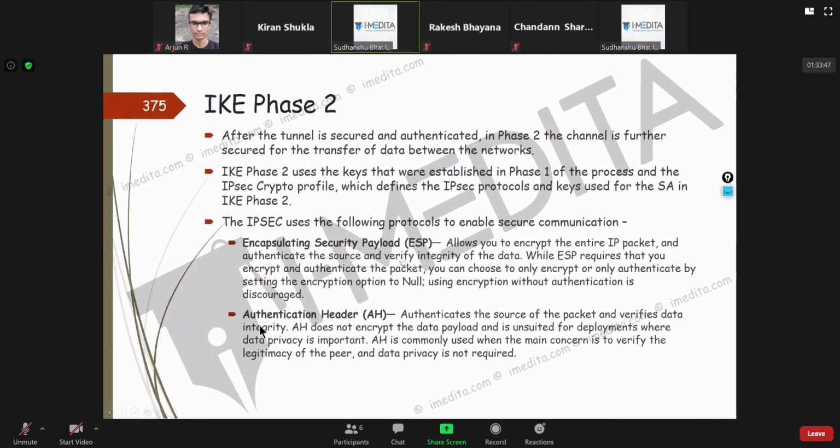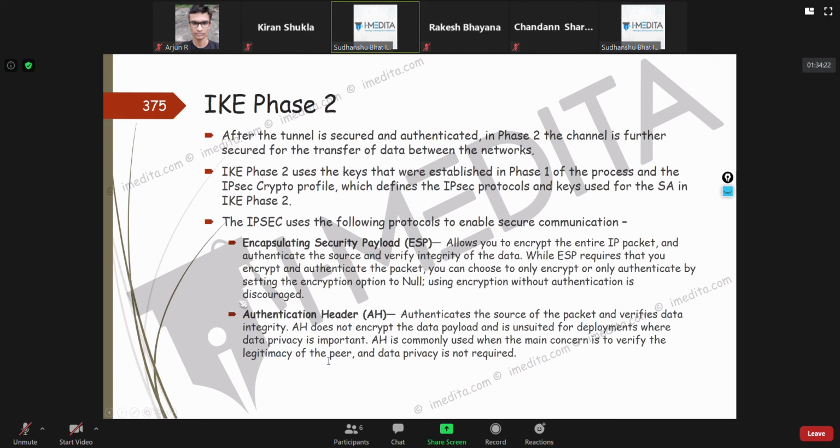ESP encrypts the entire IP packet, meaning the payload and the header, everything. Now the authentication header will authenticate the source of the packet and verify data integrity, but it does not encrypt the data payload. So basically the payload of the packet is left as it is.